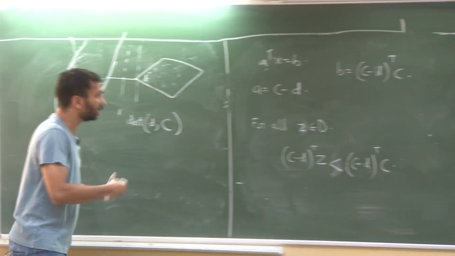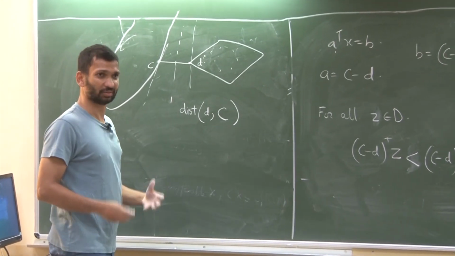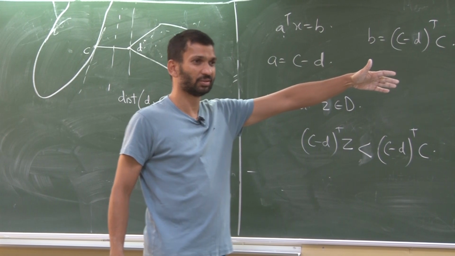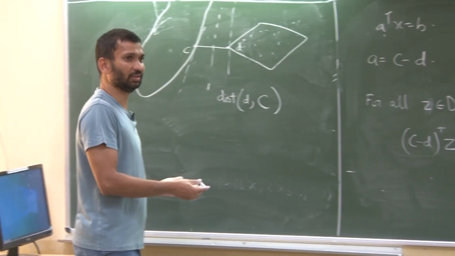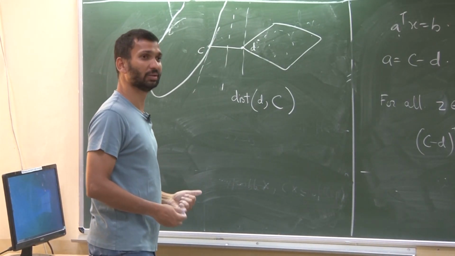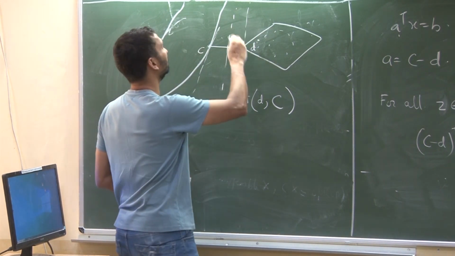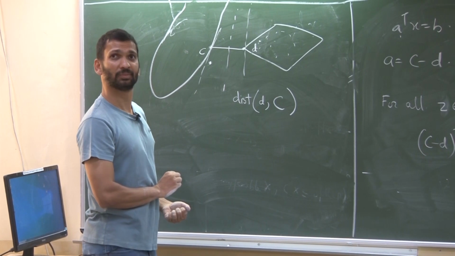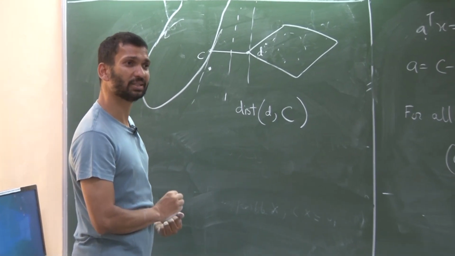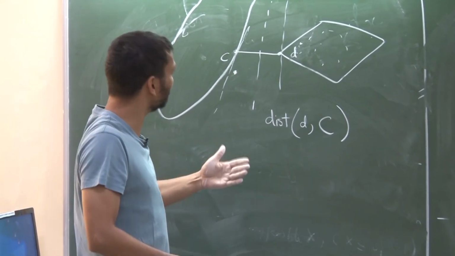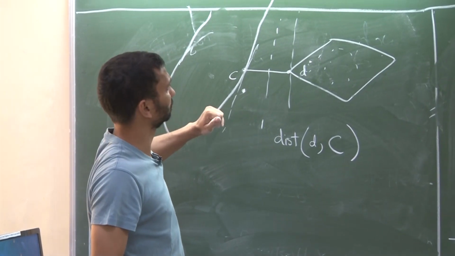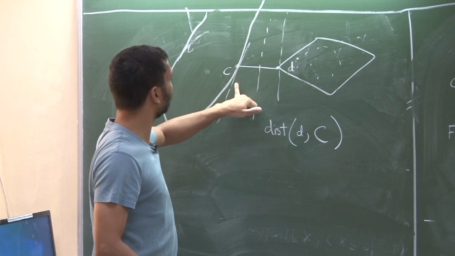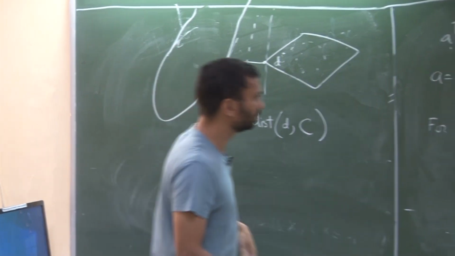Okay, but again, what is the idea? It is not by picture because we needed so many assumptions, right? So we need convexity. What does it mean? Suppose there is a point here. Why is it a problem? What are we saying? We are saying that